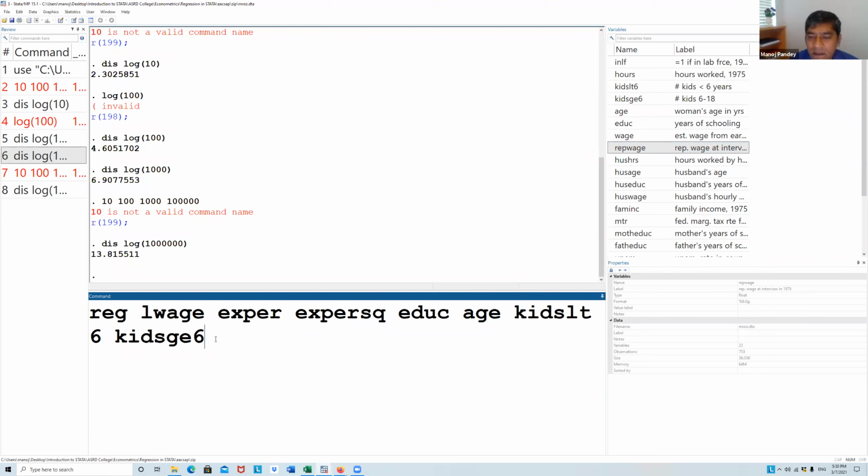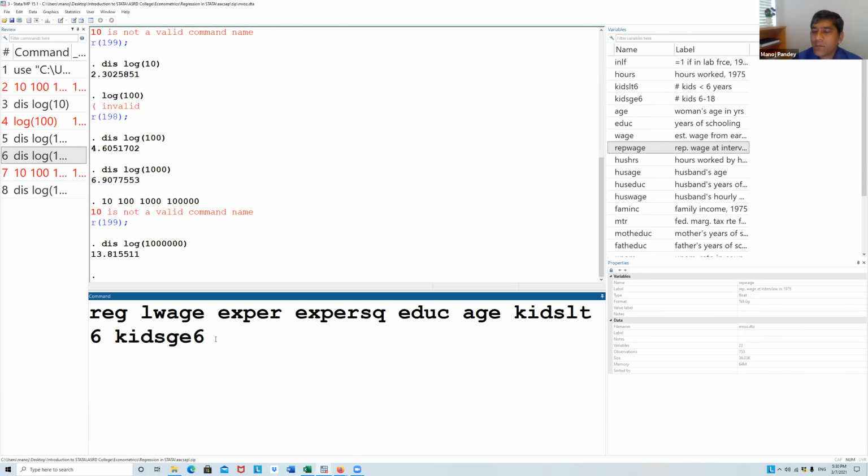Why are the number of kids important for your wage? Because sometimes you don't focus on your career when you have younger kids. Sometimes you don't focus on your career when you have school going kids. So number of kids also explains a lot about your working environment and how much you work.